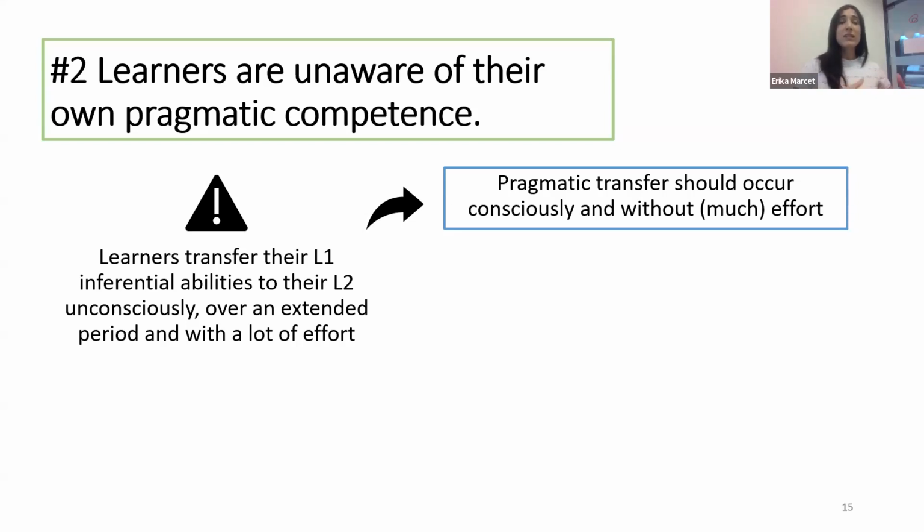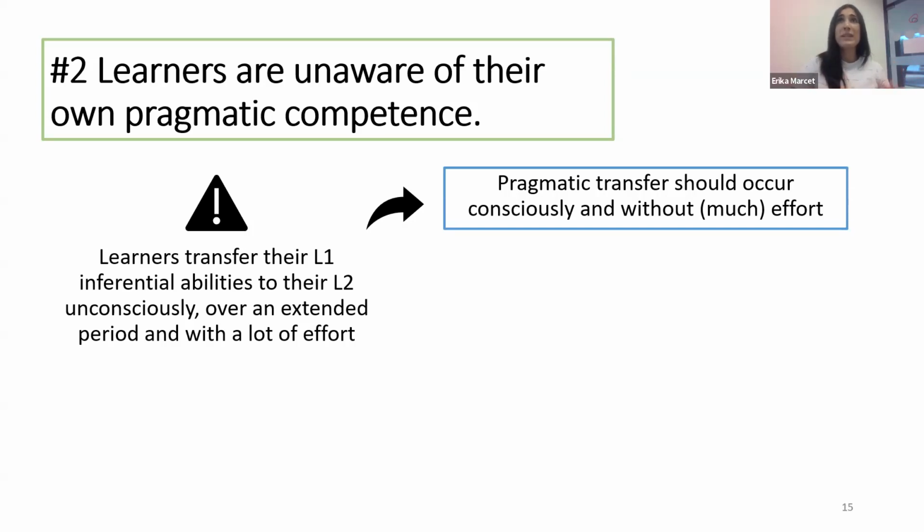So the challenges that learners experience were more prominent at the beginning of their stay in Japan, and the more interactions they had, the better they were able to interpret and use communicative features. So this suggests that learners, most likely unconsciously, realized that they could apply the same inferential processes they do in their L1 to L2 communication.